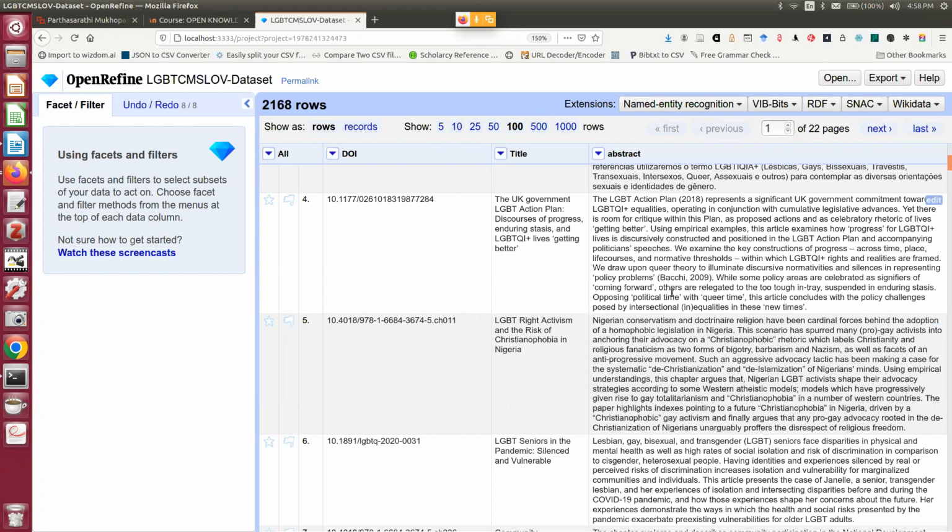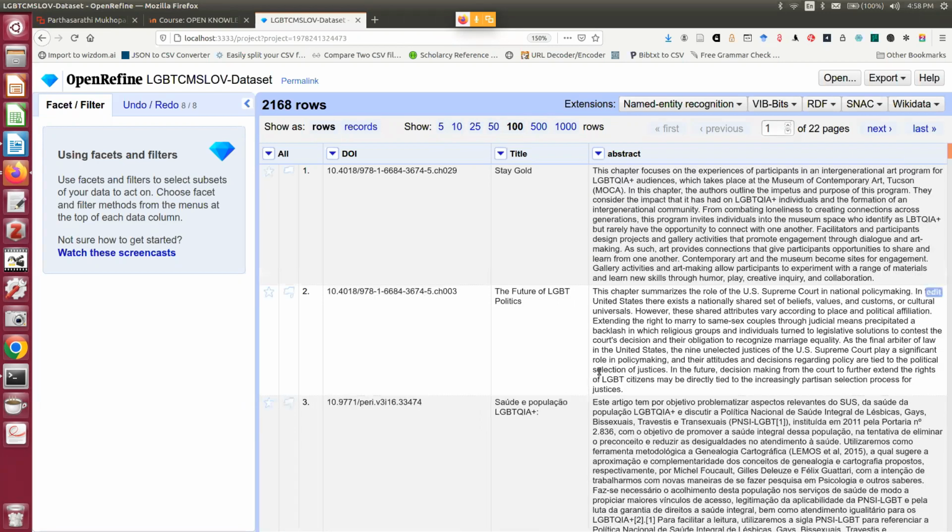I faced that kind of problem initially, and I got rid of it through an innovative approach. It is not written anywhere, but you have to apply your common sense for that kind of checking. I don't want to throw these 2168 records in one go. I want to display the first 100, next 100, or first 50, next 50, and so on. So my suggestion is that this row number is created by the software, so you cannot utilize